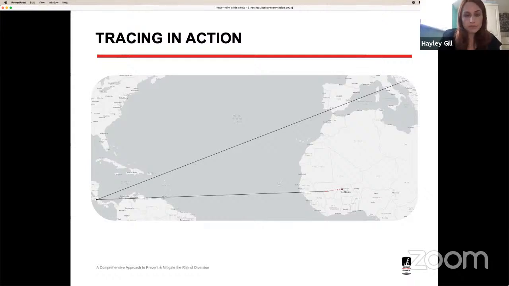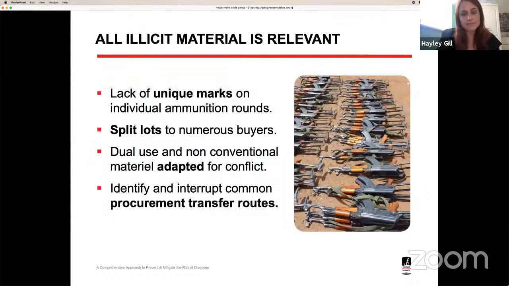The majority of our trace responses from ATT member states are for small arms and light weapons, and wherever possible, we trace ammunition as well. Compared to the durability of weapons, ammunition needs to be replenished at a far faster rate, and as a result, measures taken to control unauthorized access to ammunition could have a greater immediate impact on conflict intensity than measures enacted